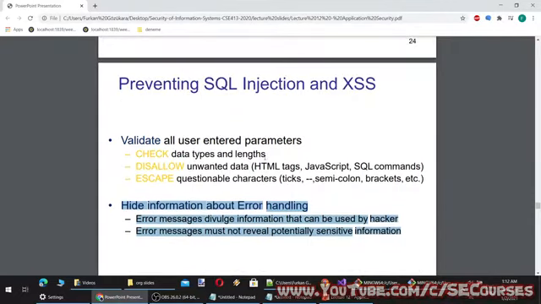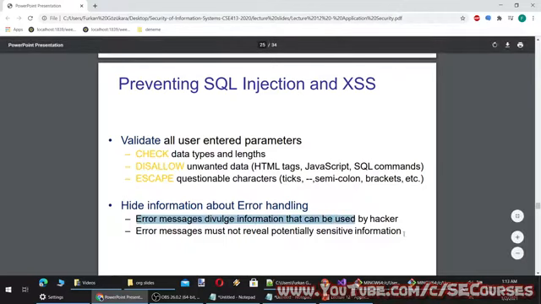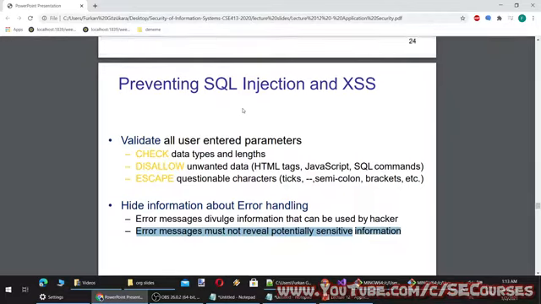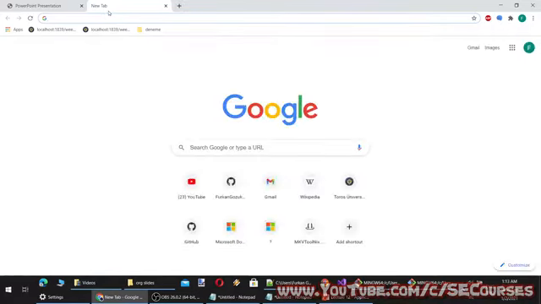Hide information about error handling. Error messages divulge information that can be used by a hacker. Error messages must not reveal potentially sensitive information. By default, some programming languages show the full error message to the user when it happens. You should not let that happen because it may include some important information as well. Therefore, you should handle the errors, unhandled errors, and not show the error message to the user, such as